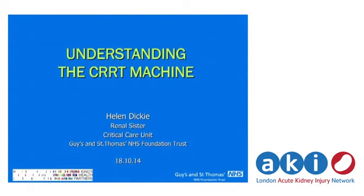Okay, so yes, my role at Guy's and St Thomas's Critical Care is teaching and supporting the staff. As I'm sure those of you who work in critical care are aware, renal replacement therapy tends to be quite nurse managed, and it's very much part of the nurse's role at the bedside to run these machines. This is going to overlap a bit with the previous speakers, so I'm sorry about that, but